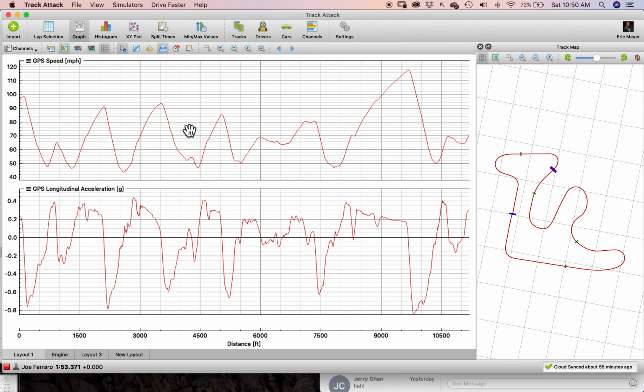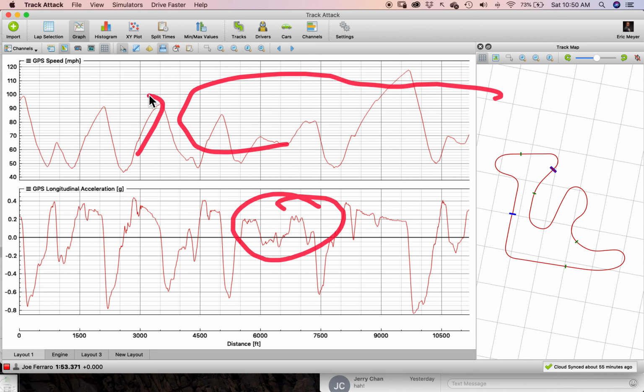I mean, you want to know what the driver's doing. That's why we're looking at this, right? Because this is what your feet are doing, and this is the result. Okay,